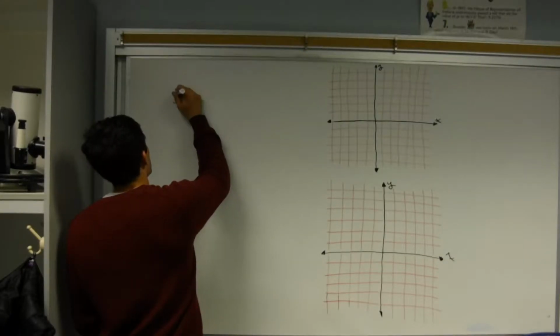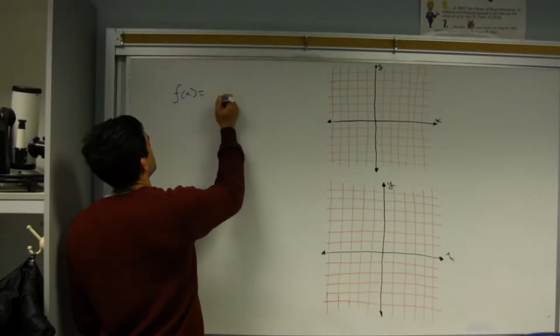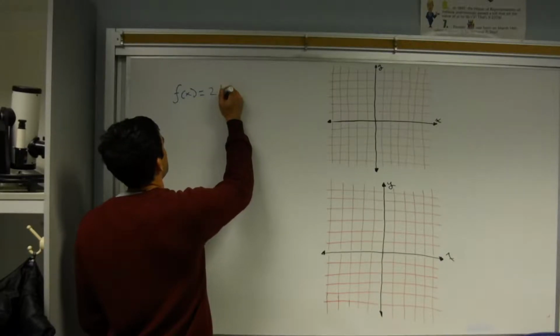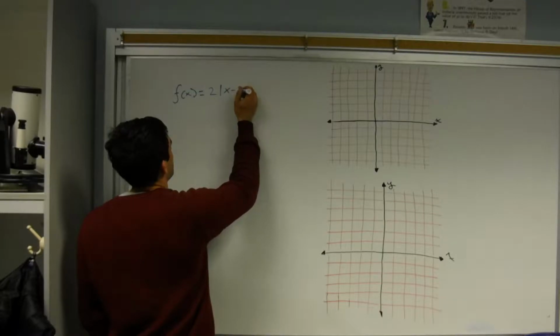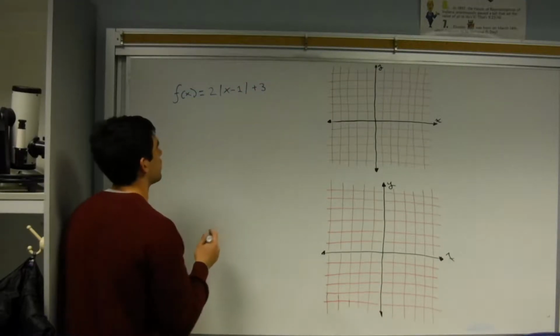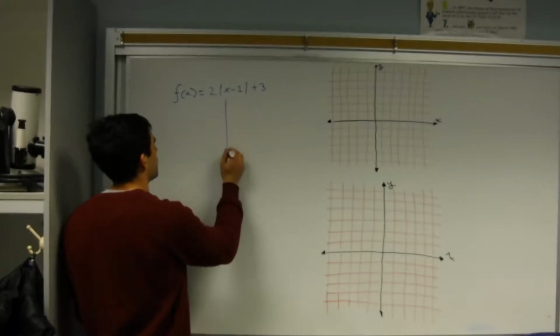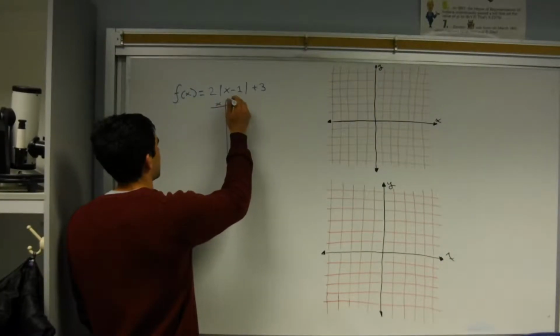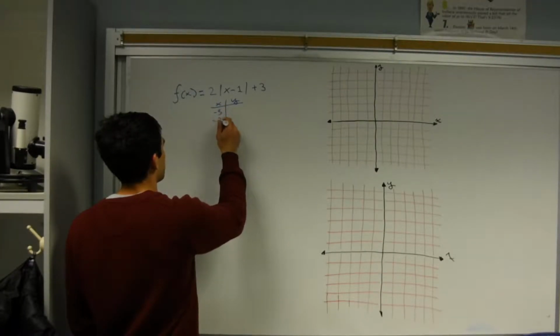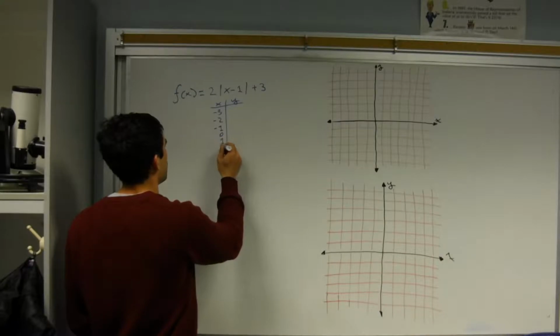So suppose we have f of x is equal to say 2 times the absolute value of x minus 1 plus 3. Let's make a table of values for this one, although it will be a little bit tedious. So if we go from negative 3 to positive 3,